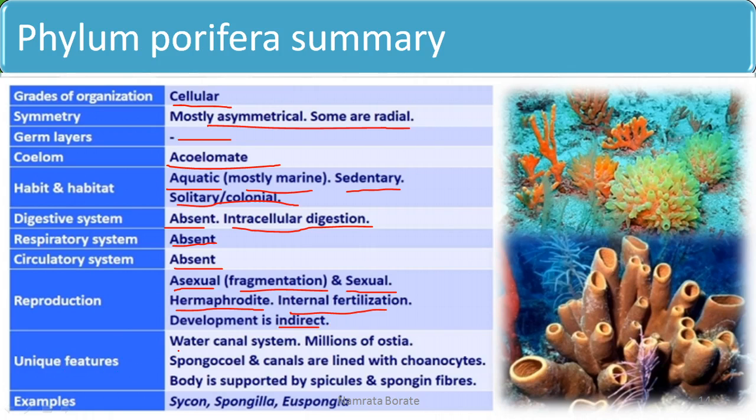The unique characteristic is the presence of the water canal system, with millions of small pores, called ostia. Through the ostia, water enters inside the central cavity, that is the spongocoel. The spongocoel and the canals are lined by the choanocyte cells, also called collar cells. The body is supported by the spicules and the spongin fibers. Its examples are Sycon, Spongilla and